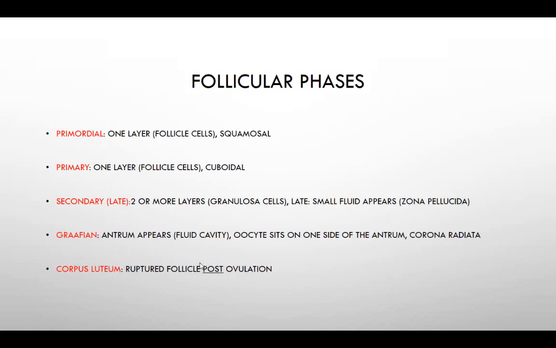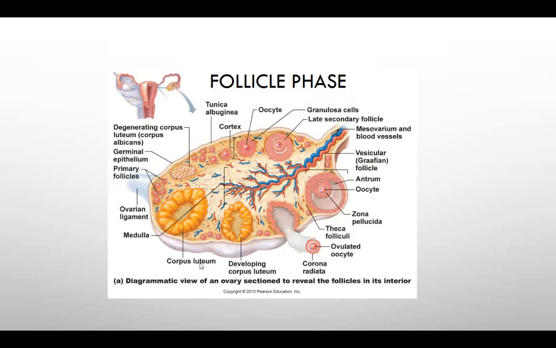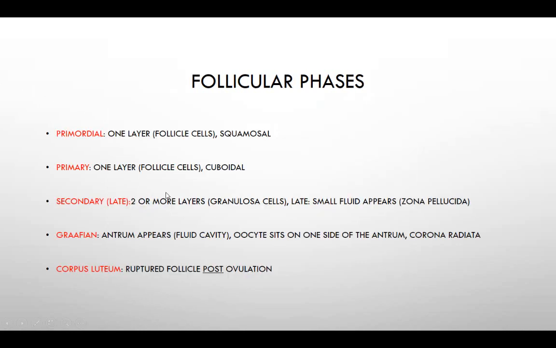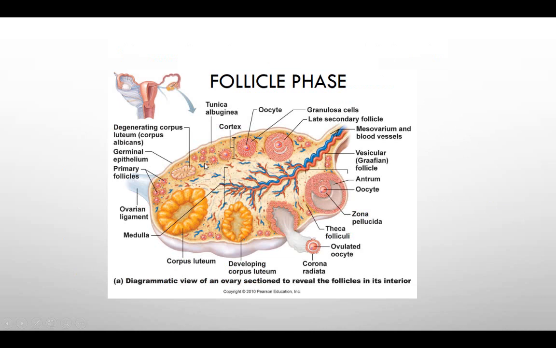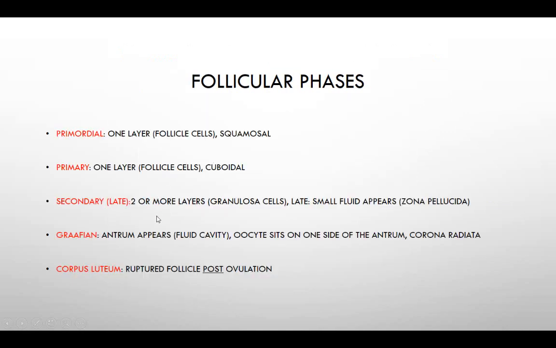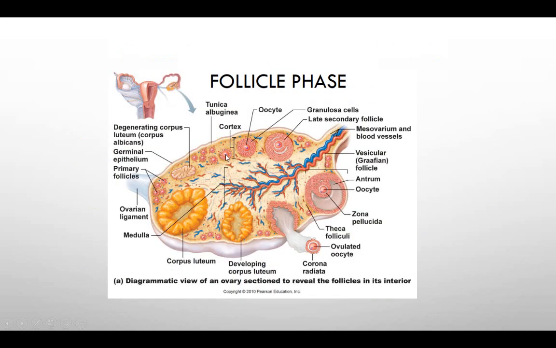So here are all the different follicle phases. Okay, we have primordial, which is 1 layer. So if we go back to this picture, you can see these primordial follicles with 1 layer here. We have a primary with 1 layer. If we go back here, these are primary, so they get a little bigger. You can see the cells get a little bigger. These are our primary follicles right here. We have our secondary late, which has 2 or more layers, so that would be something around right here,